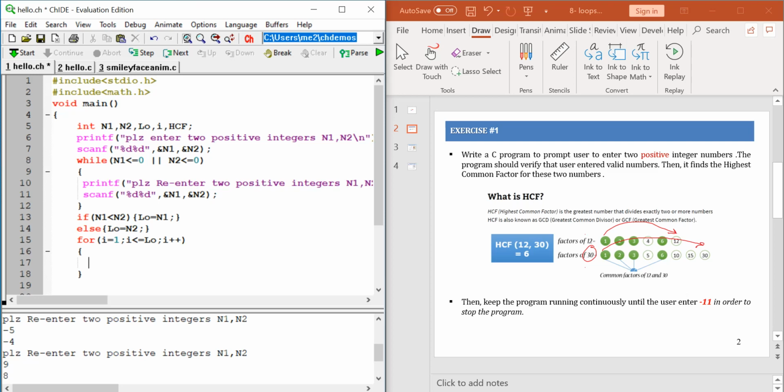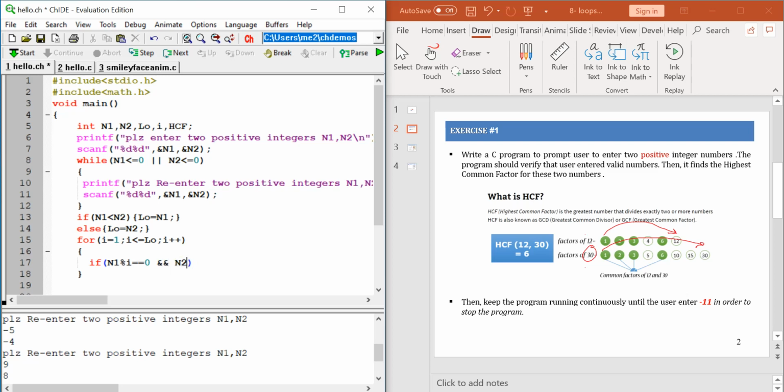Then we can say if number 1 modulus I equals 0, that means what? The I value is a factor of N1. If it is a factor of N1 and at the same time, that means, and N2